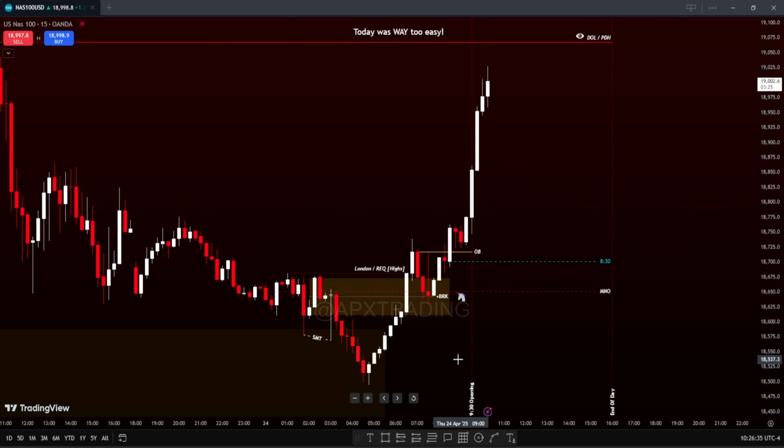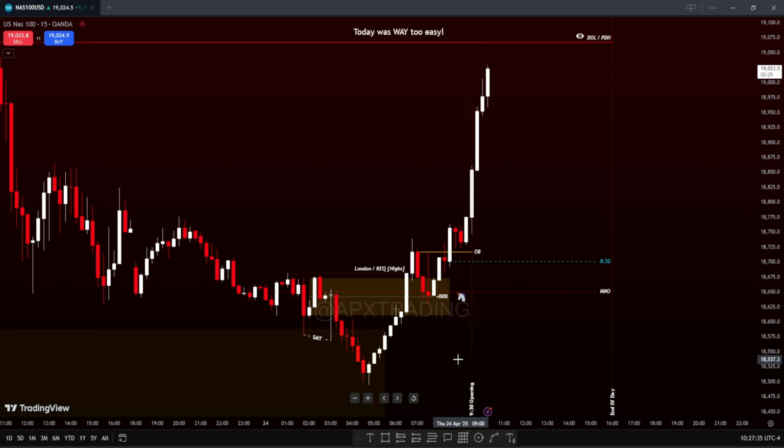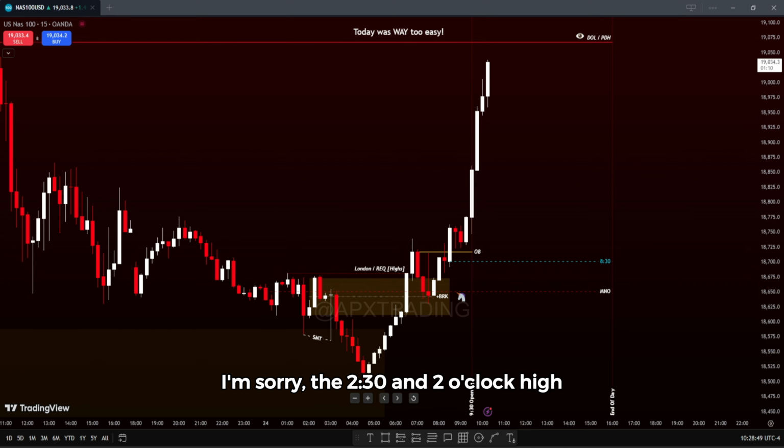Notice that? At 1:30, which would be represented by 13:30 on the time axis at the bottom of the chart, those highs relative to the highs formed between 10 o'clock and 10:30 are relatively equal. So the standard deviation between the 2:30 and 2 o'clock high in the range I just gave you on the chart, don't worry, you'll get it. I'm going to send you a screenshot after I'm done this, and I probably shouldn't have said that because now you're going to get lazy and say, forget it, I'm just not going to do it, and I'll look at what you share on Twitter.